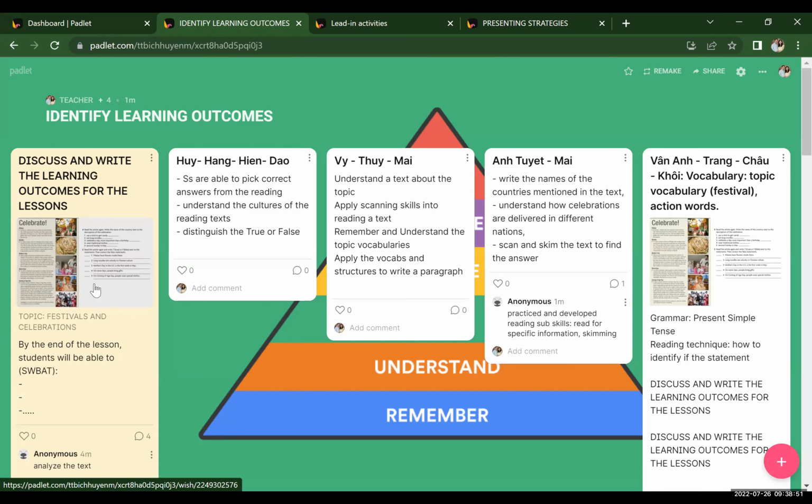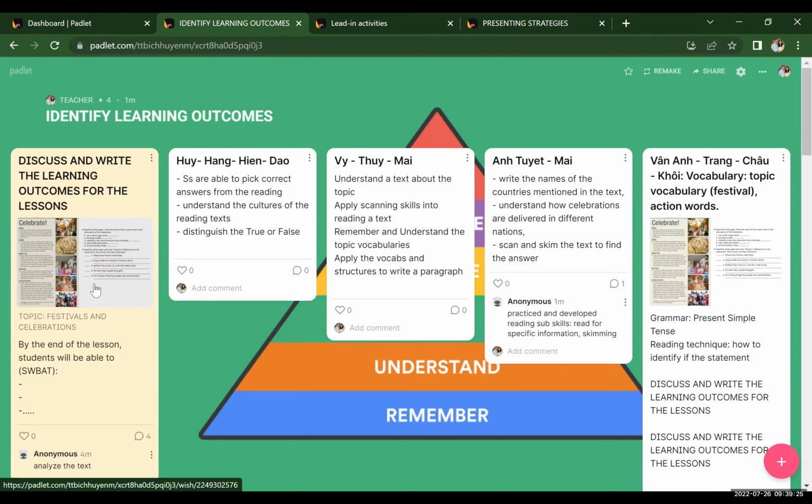Okay, so remember, when we write the learning outcome related to vocabulary, we cannot say understand the vocabulary. That is very general. Okay, what kind of vocabulary on that day do you want your student to realize the meaning? So the topic today is about festival and celebration. So maybe one of the learning outcome can be to, yes, you can say to understand, but then to realize